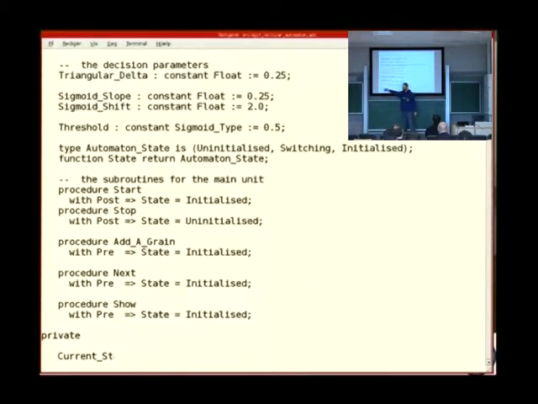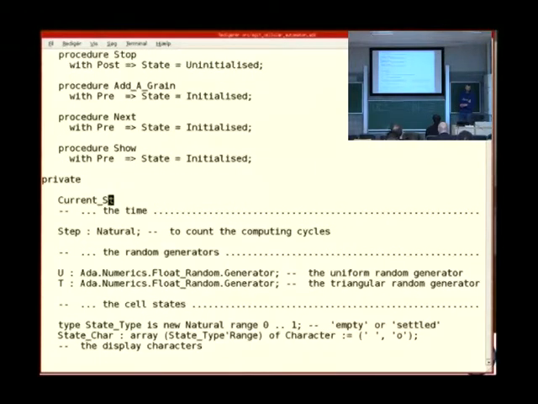Notice this private, the package specification is separated in a public part, which is the one that the users of the package can see, and a private part which focuses on details about the data modeling. But you can also keep certain variables in the private part instead of moving them all the way to the implementation.